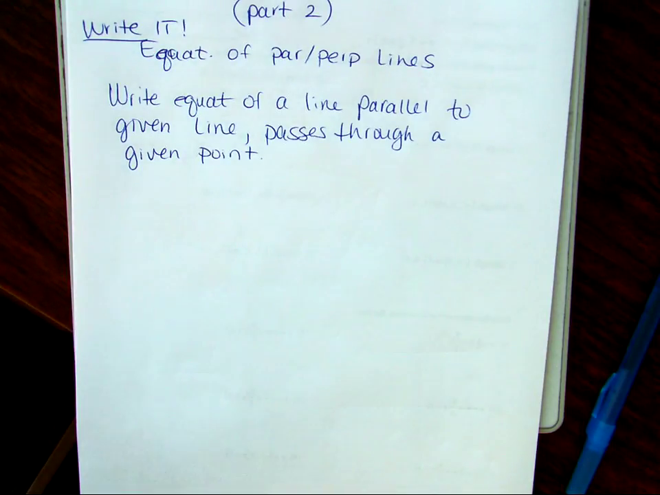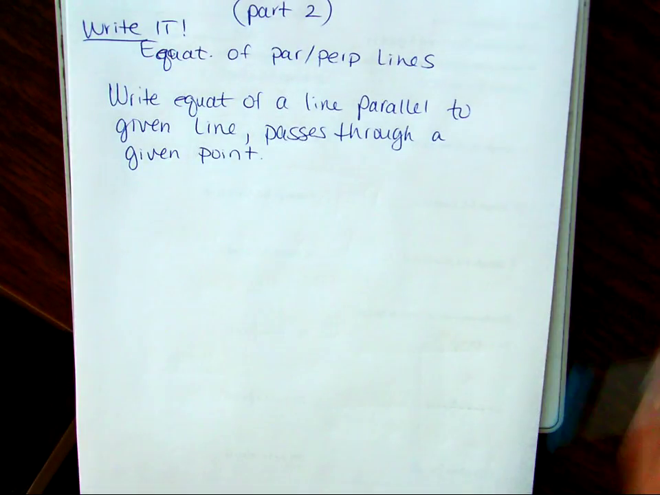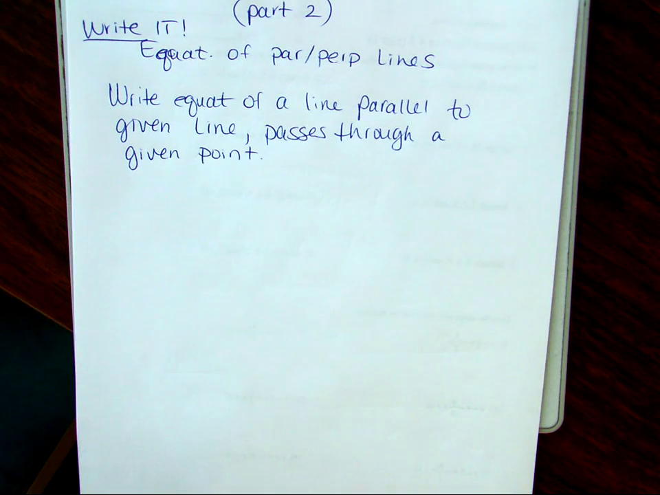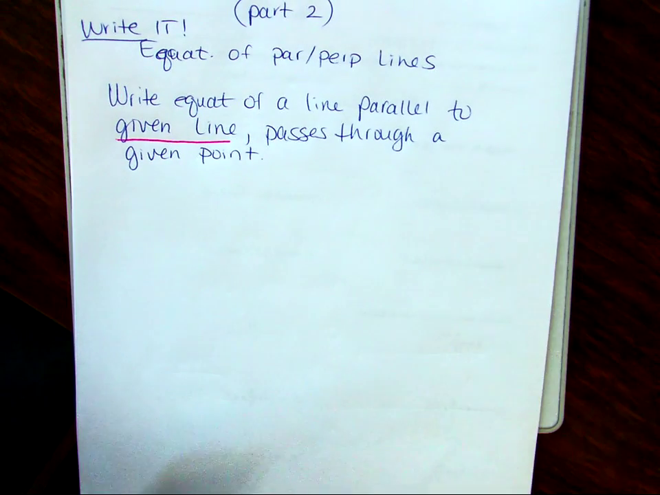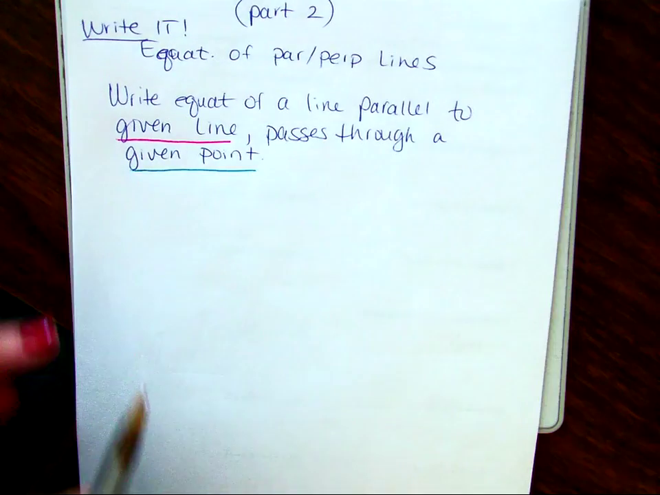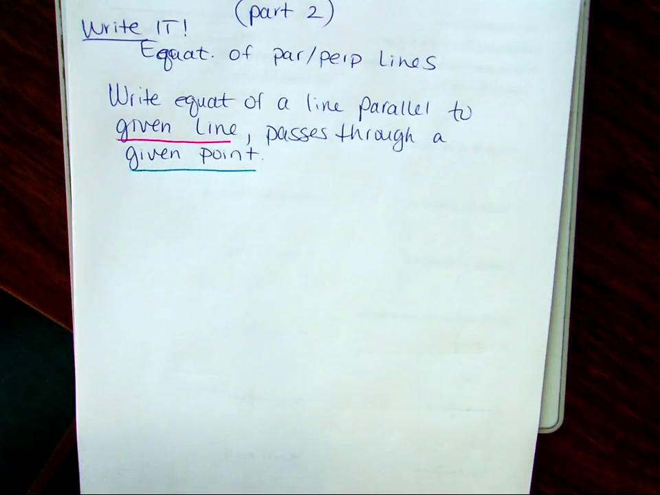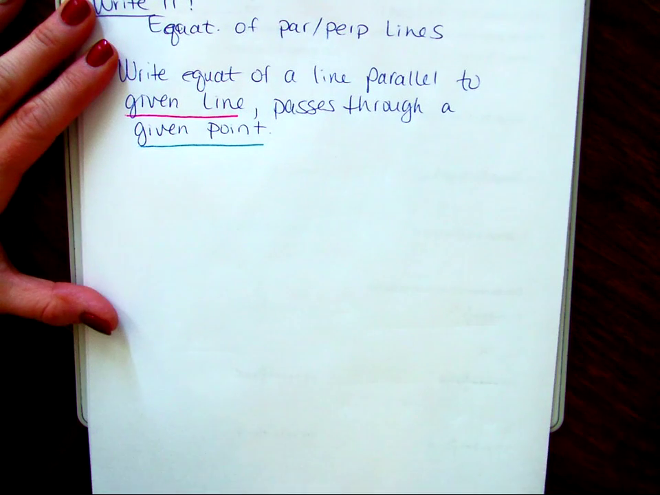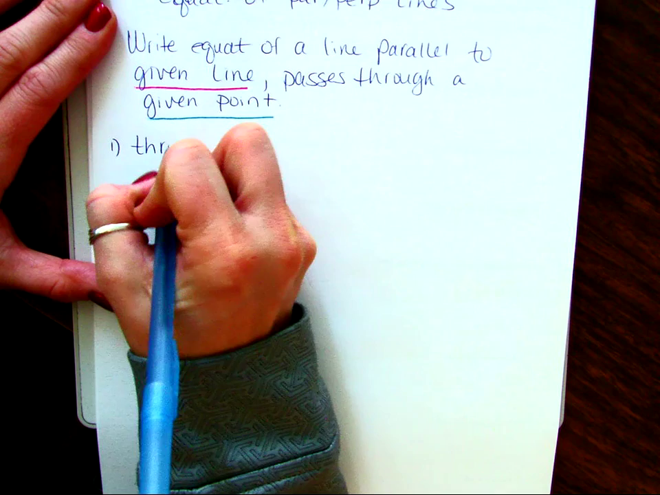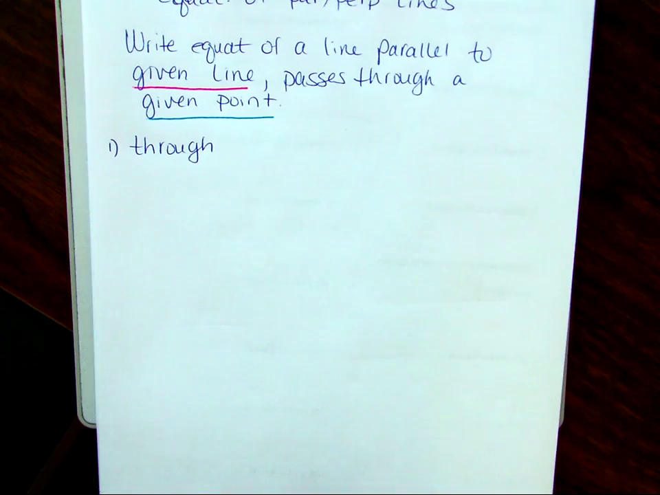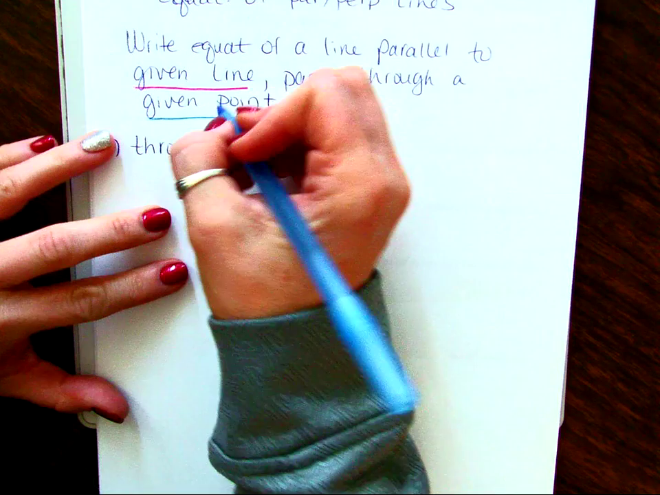So know that when you see the word given twice, it means I'm going to give you a line and I'm going to give you a point. And that's all you're going to need to do what I'm asking you to do. Okay? So basically this is what it's going to look like. It'll say, number 1, I want you to make a line that goes through this point